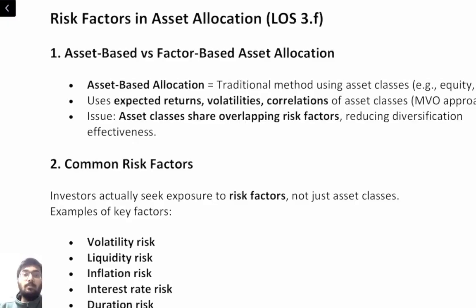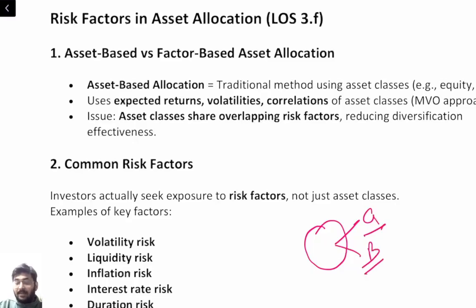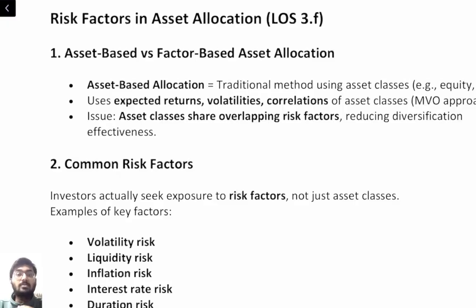Clear? So what was the problem with the asset class based approach? Now comes the real key problem: asset classes are not independent. They often share some of the risk factors like interest rate and inflation. So both of them are going to impact your bonds, and both are going to impact your gold as well. Clear? So how are you going to manage that inside your portfolio? This is my portfolio which has both gold as well as bonds, and they both are getting affected by inflation and interest rates. Clear? That means you have a huge amount of risk in your portfolio because of these factors.